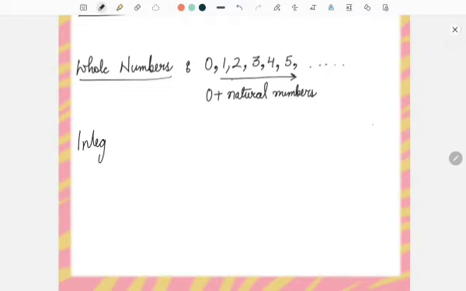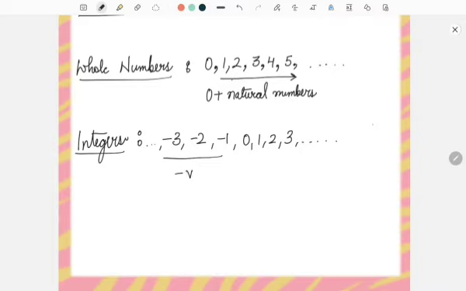इंटीजर्स क्या होते हैं? इंटीजर्स आर ऑल द पॉजिटिव एंड नेगेटिव नंबर्स जो आप सबने पढ़े होंगे अभी तक. For example, -3, -2, -1, 0, 1, 2, 3 and so on. They are endless. They go till infinity, right? So all the negative numbers, the positive numbers and 0, right, make integers. इतना तो क्लियर है सबको?